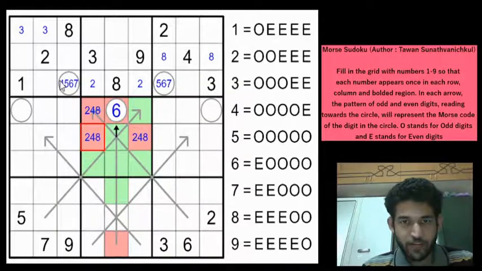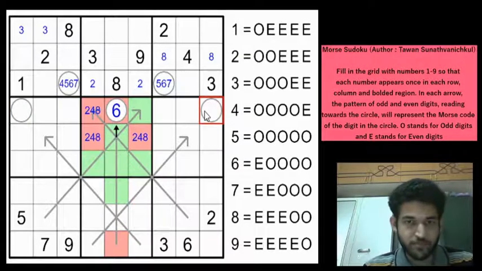So we have got enough information from this. We have extracted information out of this. These two circles, if you see, we are yet to extract the information. But since we have placed the 6 here, we know for sure the parity of this digit. 6 would be having the Morse code as even, then 4 odds, right? As you can see here. So this cell will be odd. So we can go ahead and mark that as odd.